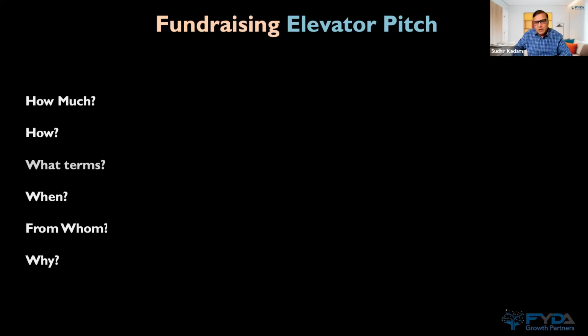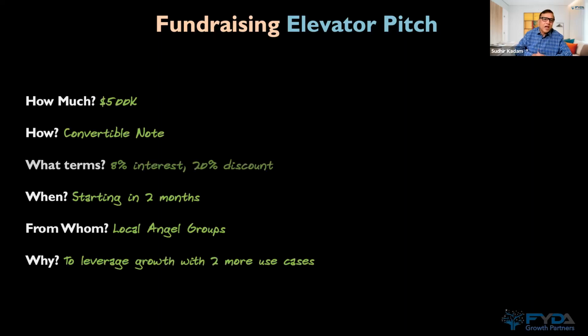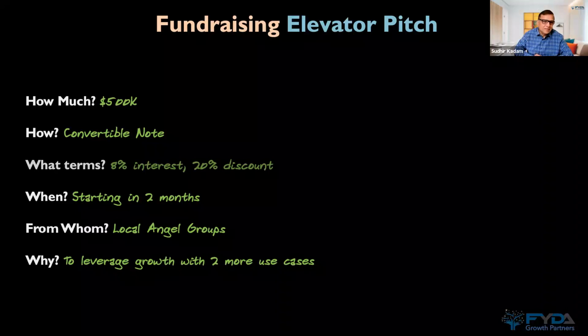Now we'll talk about the fundraising elevator pitch. You remember I mentioned to you last time that there is something called a fundraising elevator pitch. So these are the 6 things that you have to first list out and then prepare your pitch. The first question, obviously, in the fundraising pitch is, how much are you raising? So say I'm raising 500K. How are you raising? Is it a convertible? Is it a S.A.F? Is it an angel investment? So you can write that convertible, let's say.